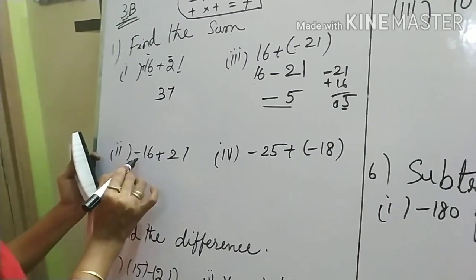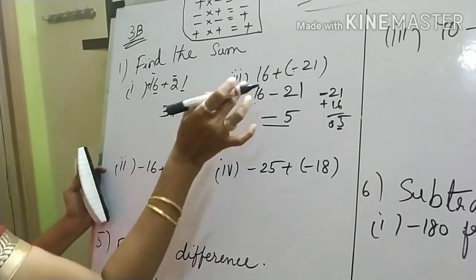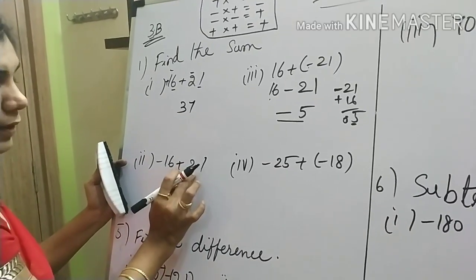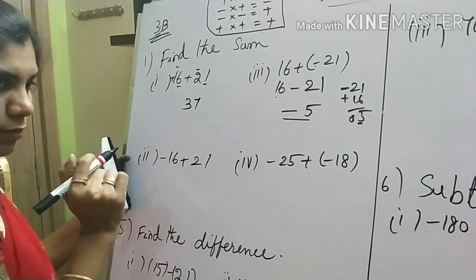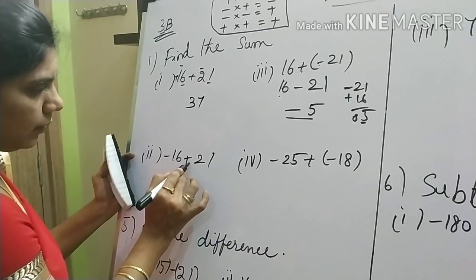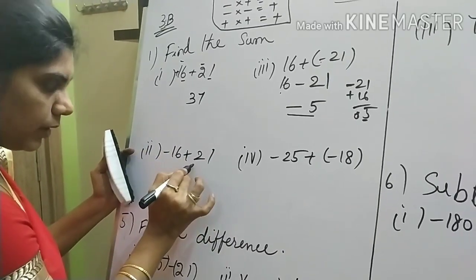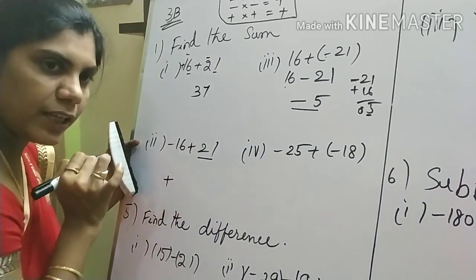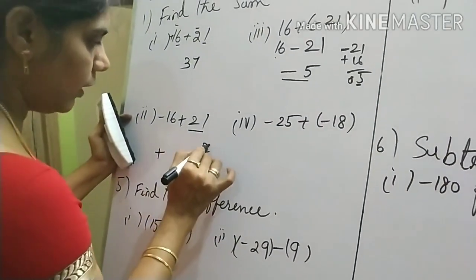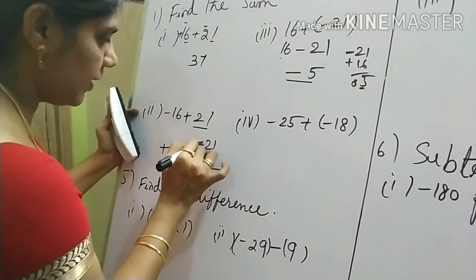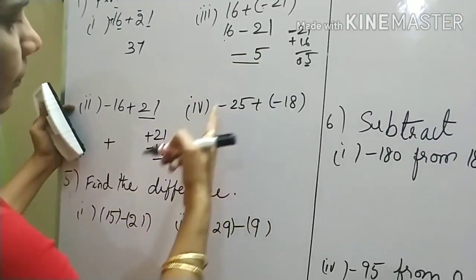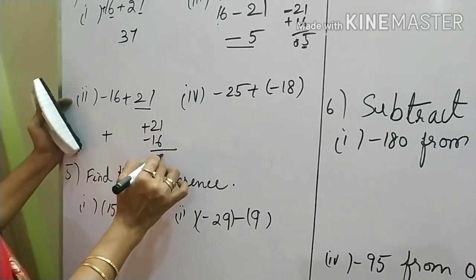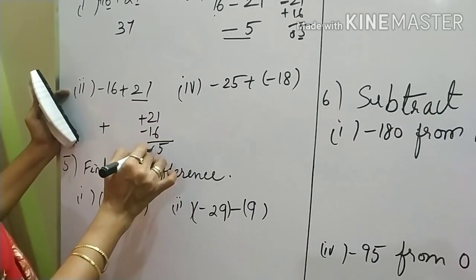Now see here. I am using the same numbers here. Here we have minus 16. Then the next one is plus 21. What do we have to do here? What is the bigger number here? Here also 21. What is the sign of that one? Plus. Here you will get plus in your answer. See, 21 as usual, 16. This plus, this minus. Same thing I am doing here. Okay. 11 minus 6, 5. Here 1, 1, 0.